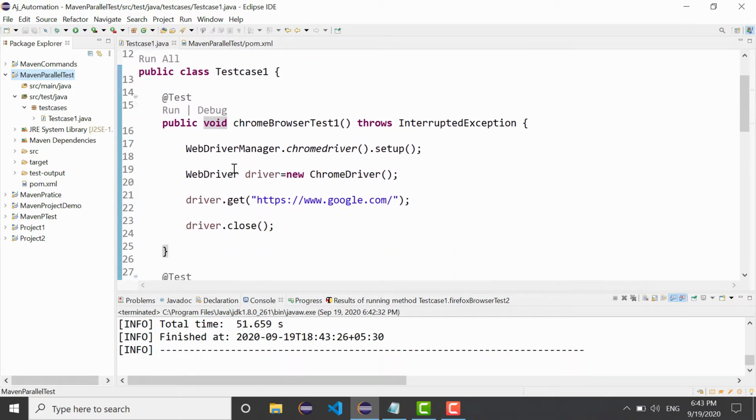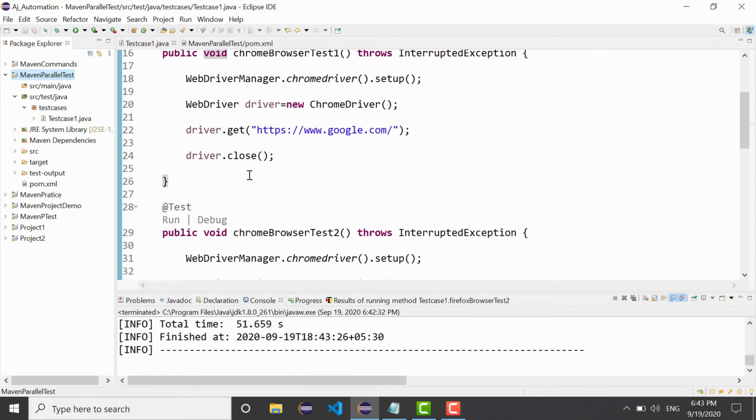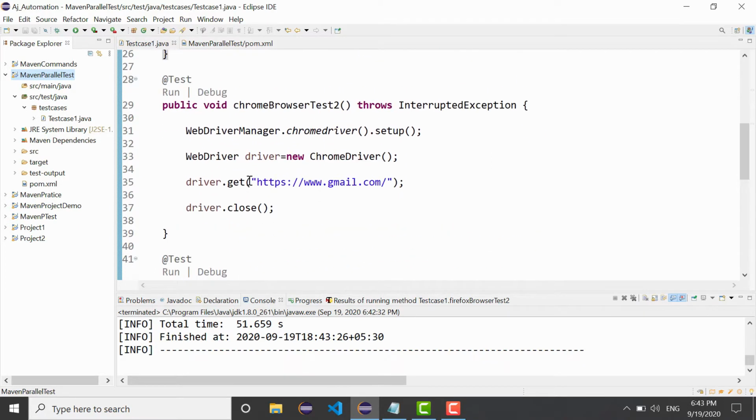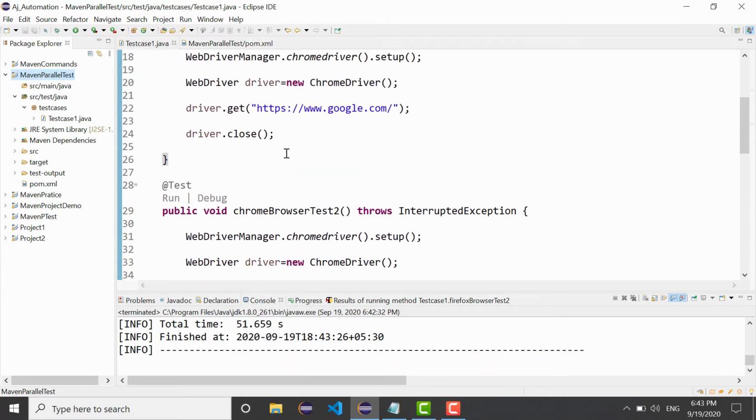So this is the sequential manner, but now what I want is to open all these 4 browsers simultaneously. That means I want to run all these test cases simultaneously. I don't have to wait for the first test case to complete and then open the second and then the third and then the fourth. There are some test cases in your actual project also that you can run in parallel mode, so in that case you can use this method.